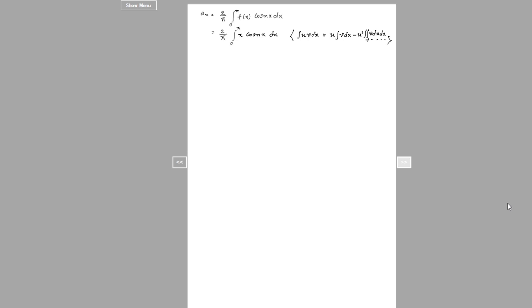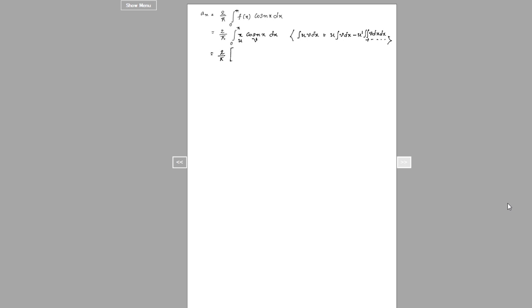To find u and v, the trigonometric term is taken as v, the second term, and the algebraic term as the first term u. So applying that rule, 2 by pi